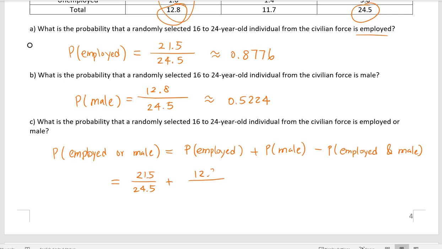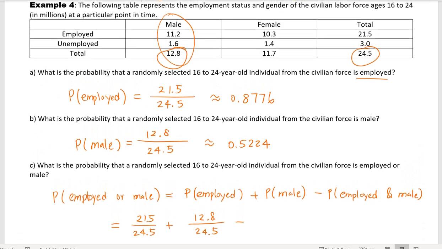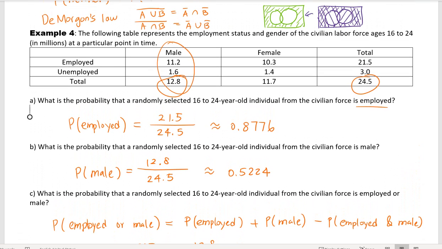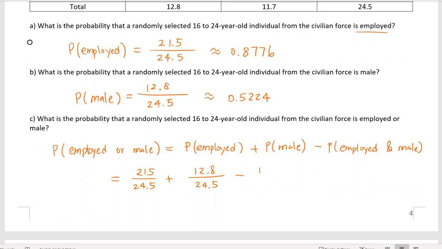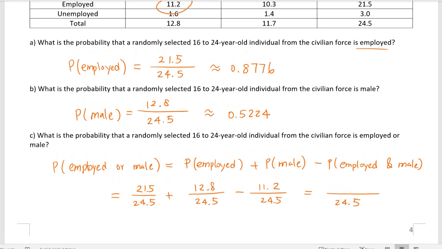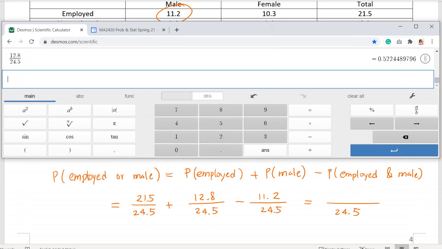Male, 12.8 over 24.5, minus employed and male. Employed and male is right here, 11.2. You see we have the common denominator, and the numerator is 21.5 plus 12.8 minus 11.2,